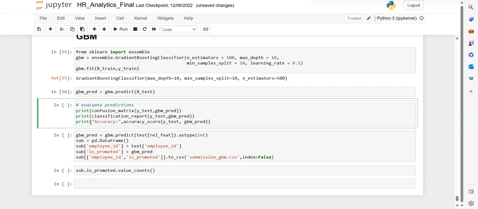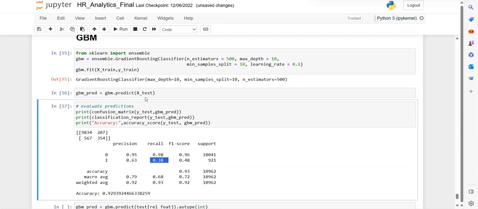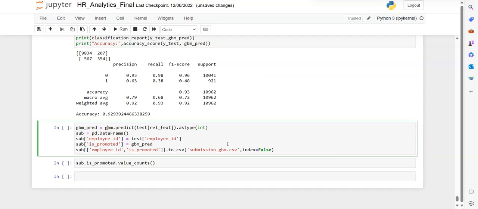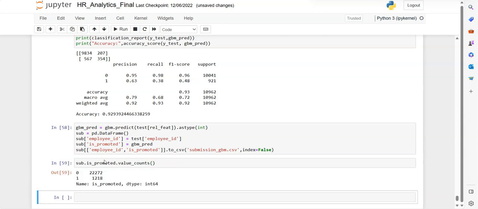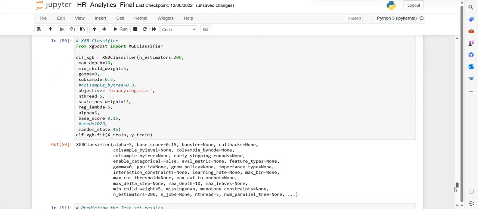So done, and then accuracy here is 93%, but the recall value is a little bit less compared to the previous model XGBoost, 38%. Then making the submission using the GBM. A new file is created and we are trying to know the count, how many samples are classified into class 0 and how many into class 1. So my conclusion over here is the XGBoost model is better when you compare it with GBM and random forest, because the recall